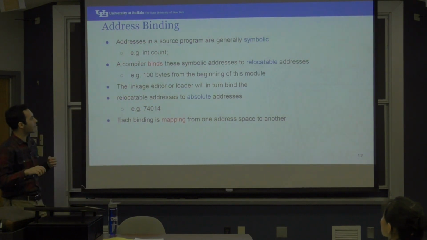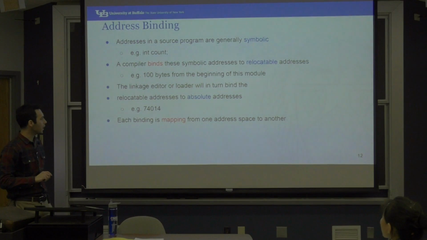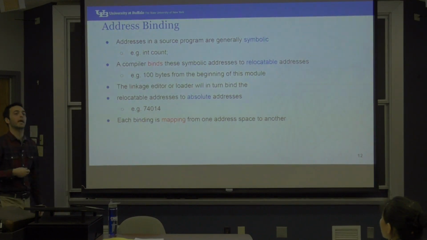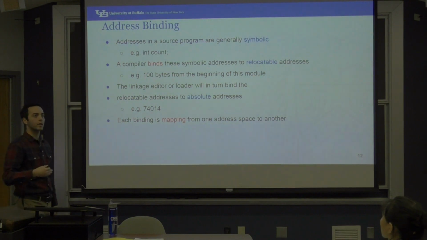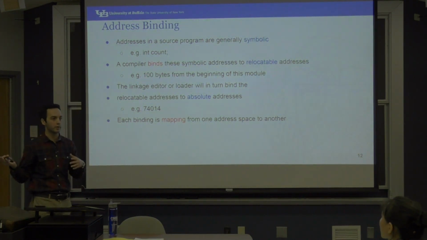So this is what's going to happen at load time when the OS is loading a process into memory. Okay, and then when it is there in memory, you can consider them to be absolute. Again, there are things that are not that straightforward. For example, when you have dynamic libraries, when you have